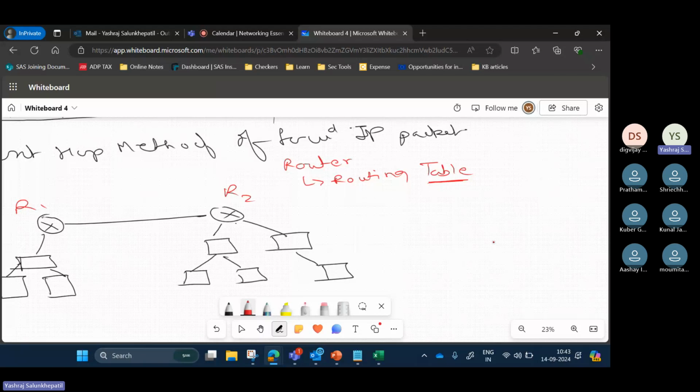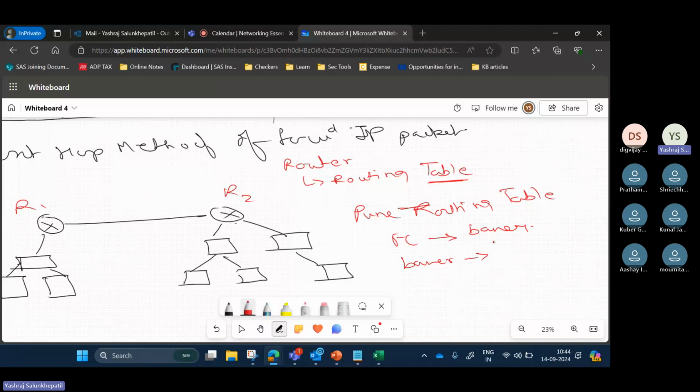So for example, I am staying in Pune, okay, so it has a Pune routing table. What this table has is that from FC Road, you can go to, let's say, Baner, okay, this is a place.